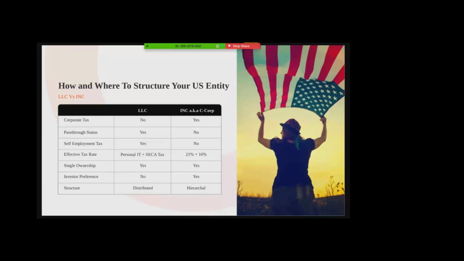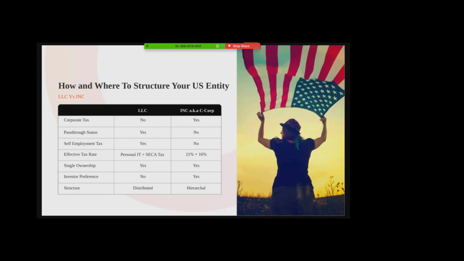How much is the self-employment contributory tax? I'll tell you. For the first $45,000, you have to pay 15.4% totally to the IRS. So that is the self-employment tax that is paid when you are a member of an LLC. This is apart from your personal income tax that you pay to the IRS.